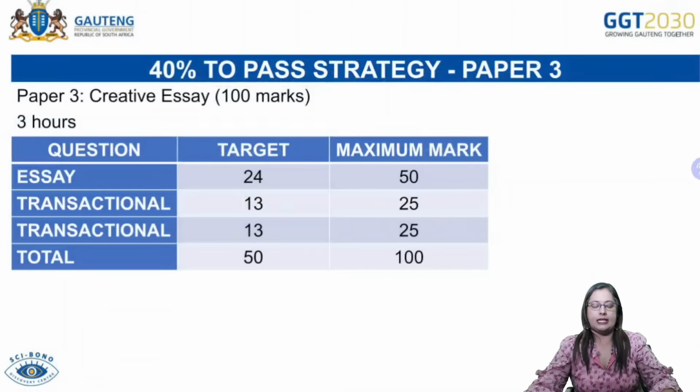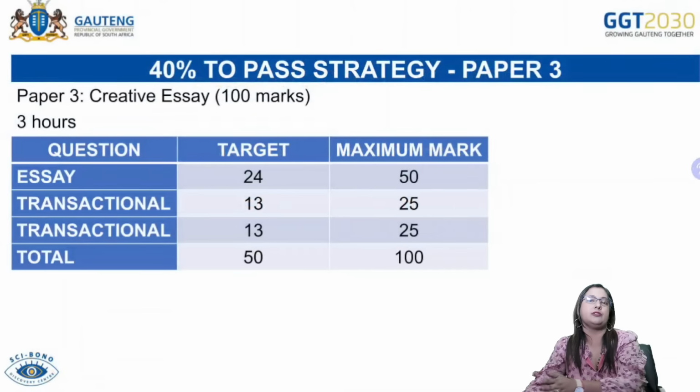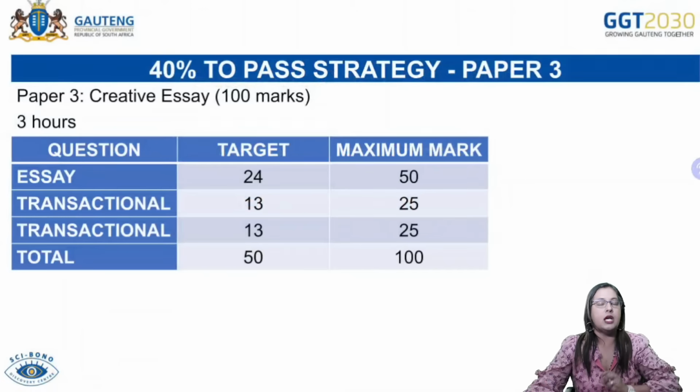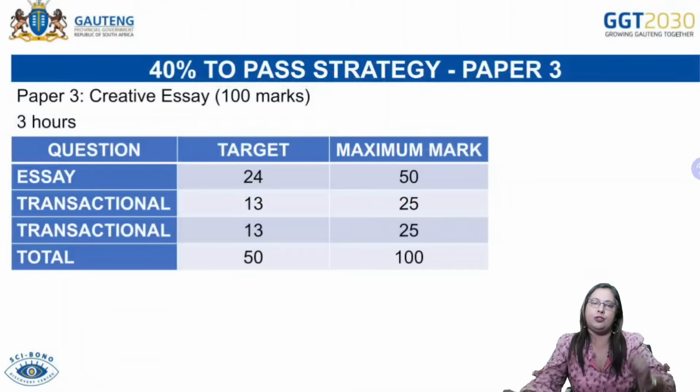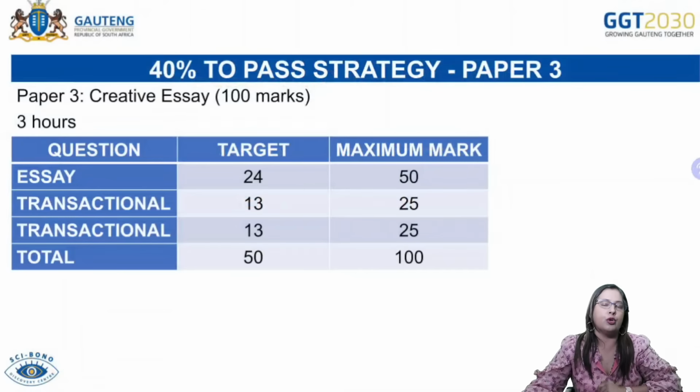The first one is obviously the essay, which is the 50 marks that you have to get. All right, and if you target anything from 25 out of 50 upwards, then you're comfortable with this particular section, because that means you get 50% for the essay moving forward. All right, but if you're going to go and get more than that, like 30 or 40 out of 50, then you're already well on your way for this paper. All right, so target at least, please, grade 12s, between 25 and 30 as an average for your essay.